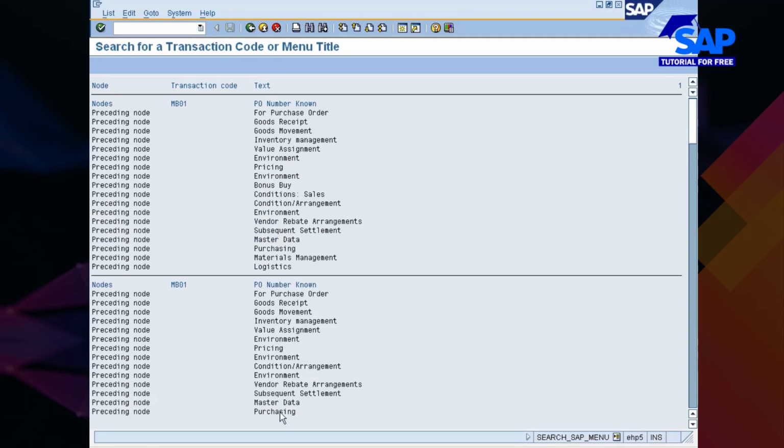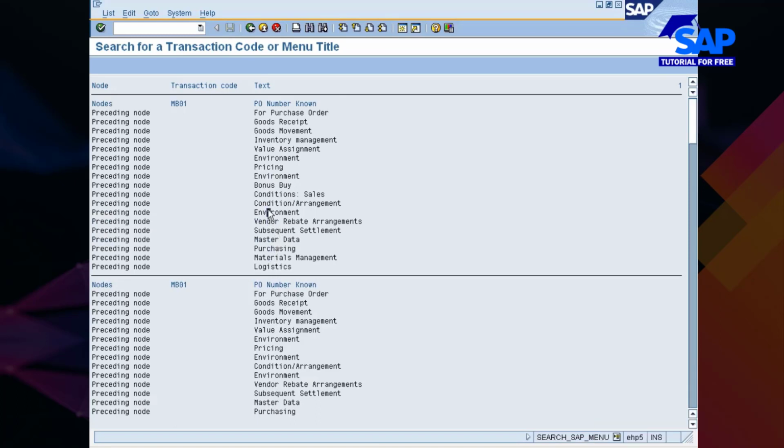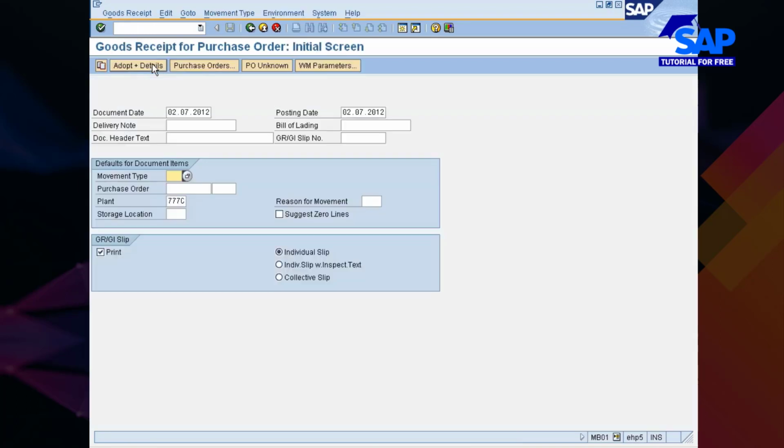Okay, so it's here, under master data, subsequent settlement, vendor rebates, environment. So if you go into this place, you would find that. Instead of doing that, I'll simply go with /n MB01.